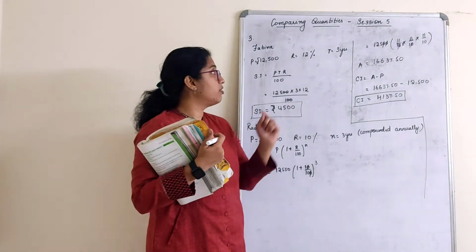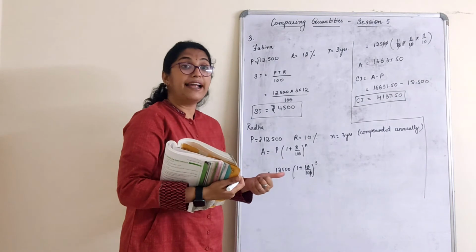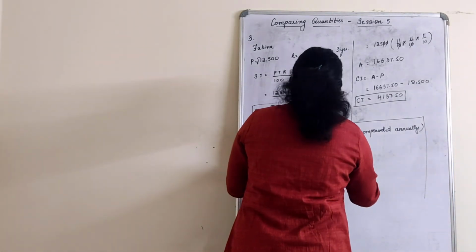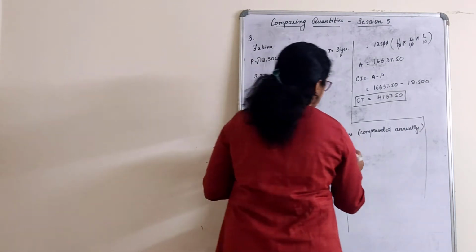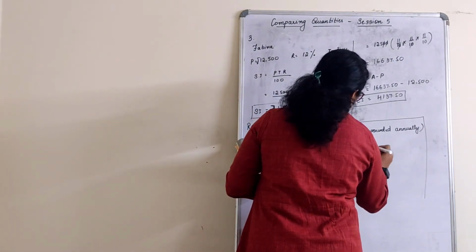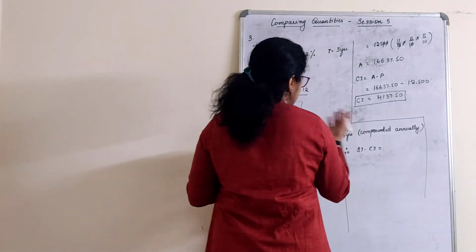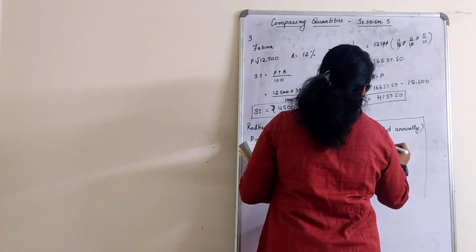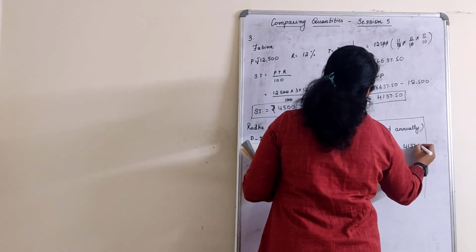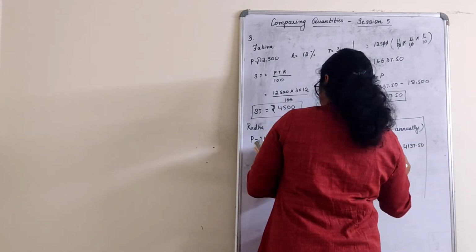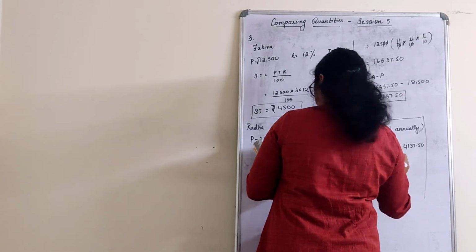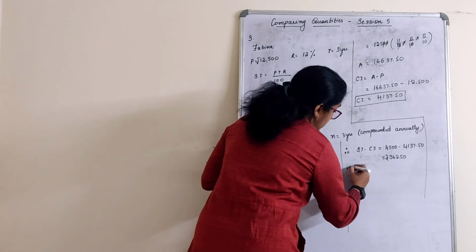You tell me now, who is paying more interest? Fevina is paying or Radha is paying? And by how much also we have to write. So you can give the conclusion here. Therefore, SI minus CI. Just see by how much amount they are paying more. 4,500 minus 4,137.50 is equal to 362.50 rupees.